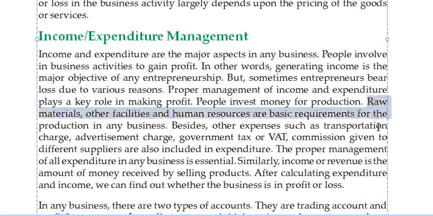There are various fields where you have to make expenses in business activities. But while gaining income, there is only one way: by selling products or services. Either by selling products or services, you'll be gaining money. And by calculating the expenditure, expenses, and income, you'll decide whether your business is in profit